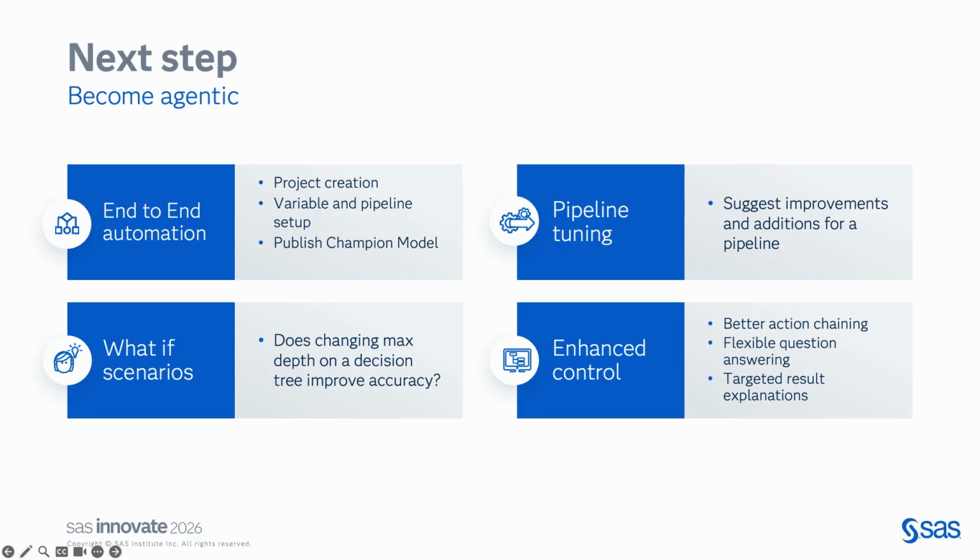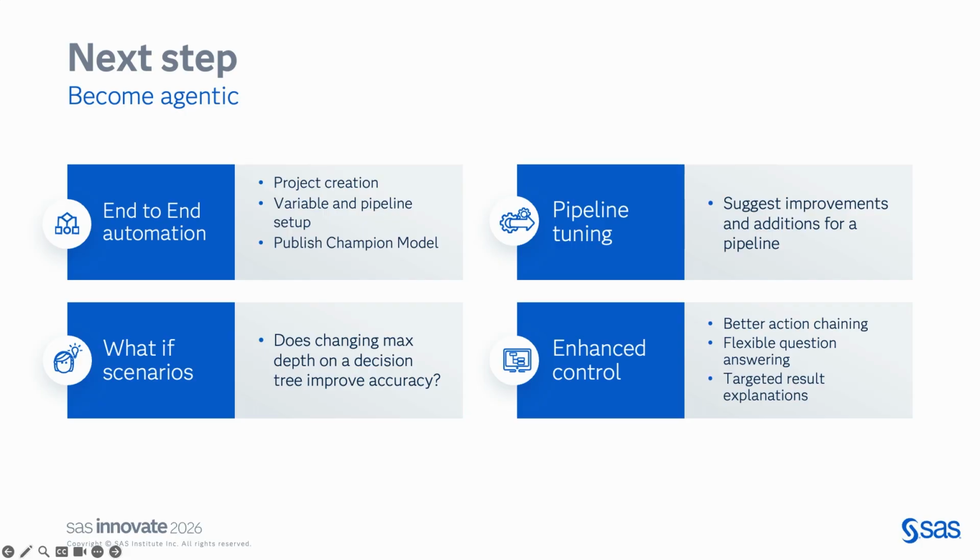Next one I point out is our pipeline tuning. So I mentioned that we had some tuning and improvements in the current version, but in the new one, we're actually going beyond just tuning an individual node and allowing you to tune the entire pipeline at one time. Down on the bottom, we also have listed here the ability to do what-if scenarios, and I'll show you this in the demo. But the idea is that you can ask questions of, well, what if I change this in my pipeline? Would it actually improve the accuracy of my model?